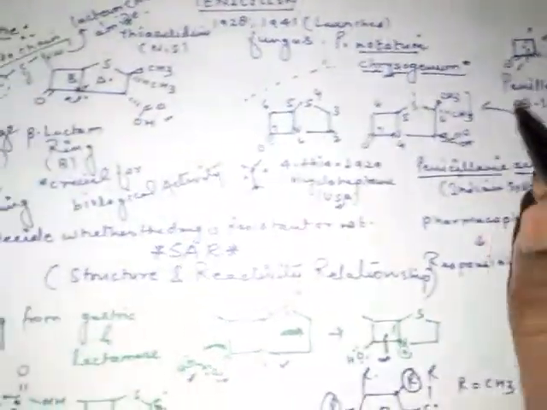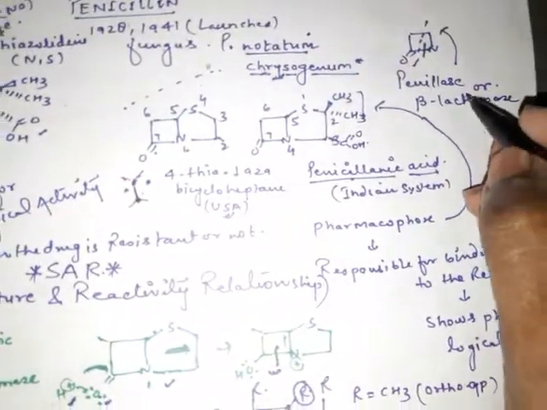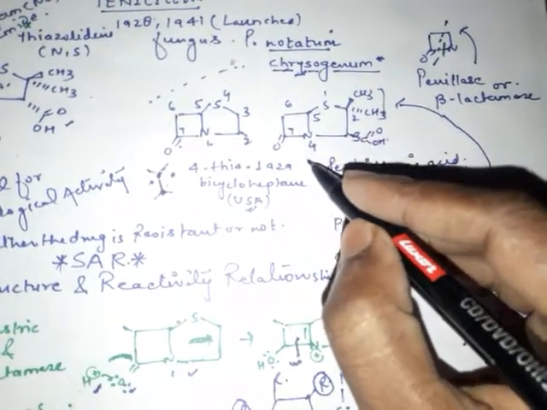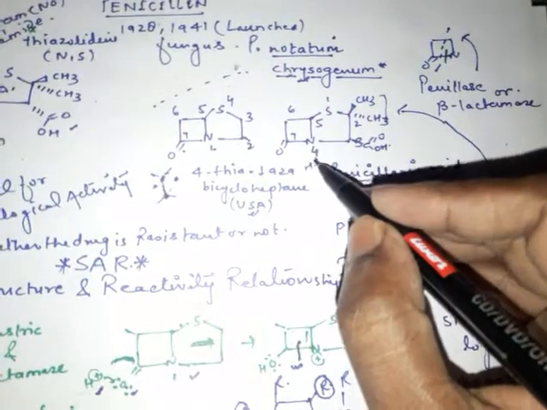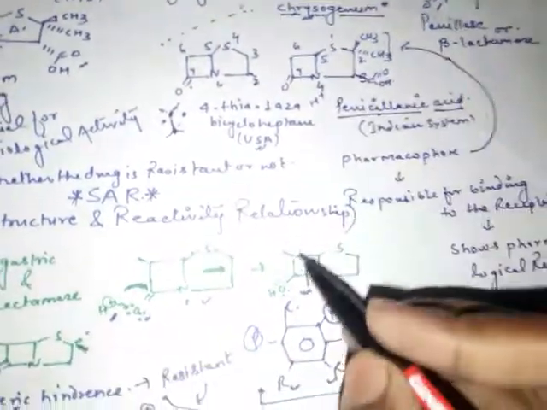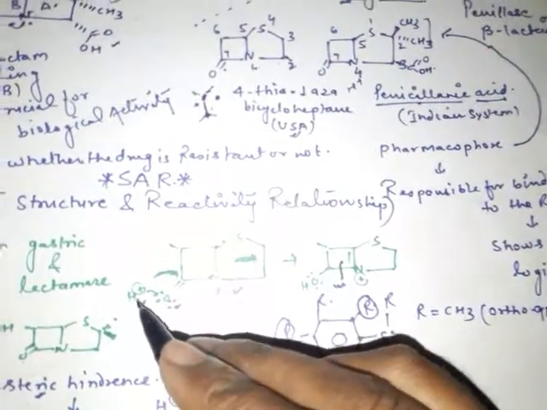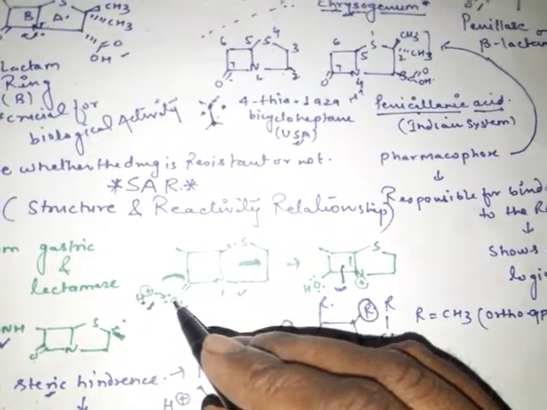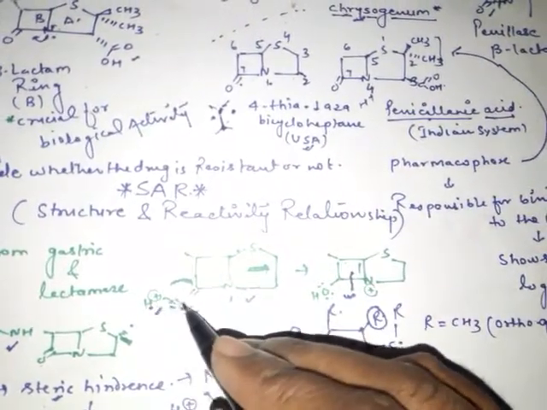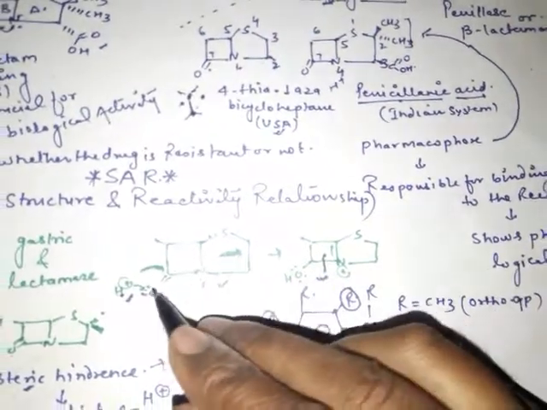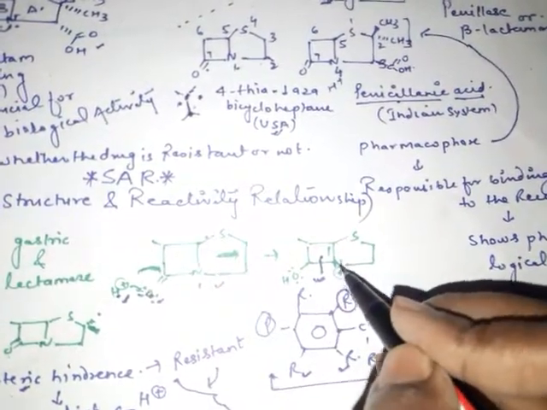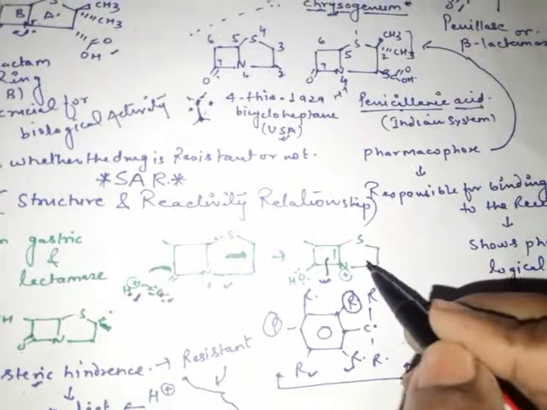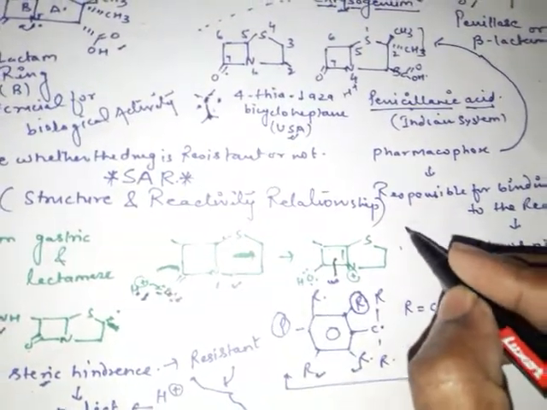Another very important point: this lactam is very sensitive to H plus, meaning acidic condition. Suppose that in acidic medium it captures the oxygen, because it is an electron-rich side. This hydrogen will be captured by oxygen, and by capturing this, it tautomerizes and is converted to this nitrogen. This nitrogen feels instability,